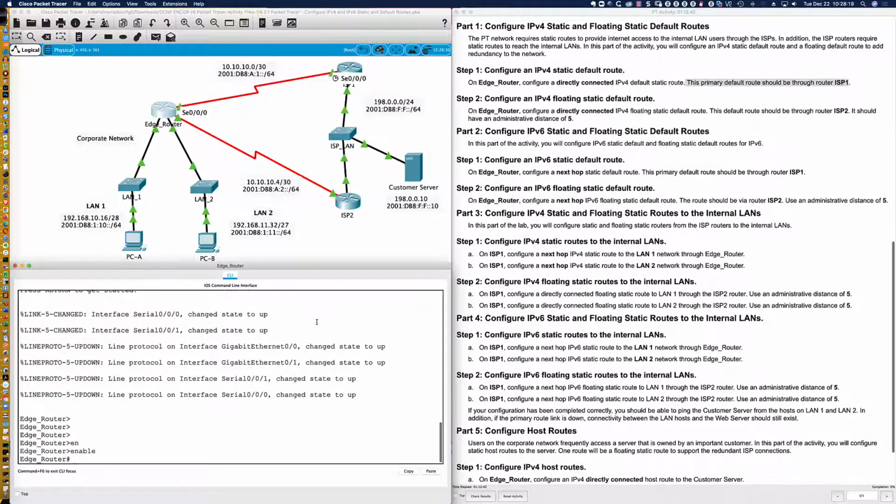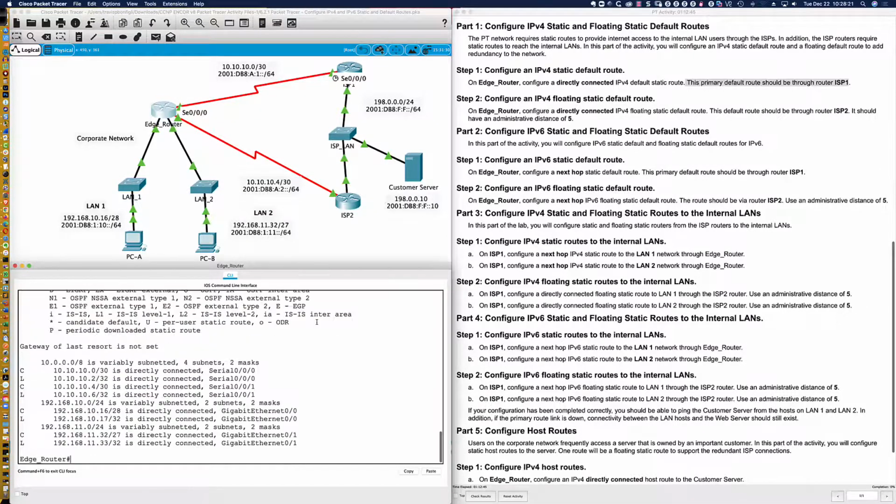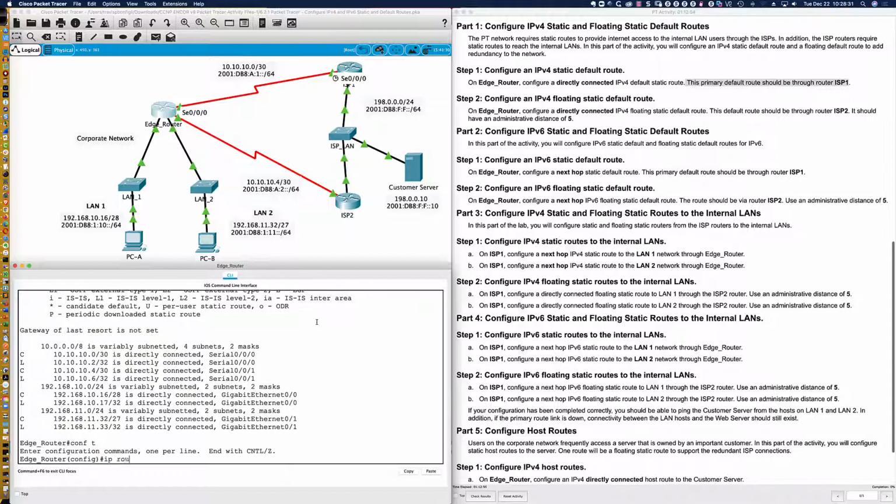Let's go from user exec to privilege exec, and let's first take a look at the routing table. As you can see, the gateway of last resort is not set. And so that's what we're going to be doing here. So we'll go from privilege exec into global config. We're going to say ip route 0.0.0.0 0.0.0.0, meaning all routes. Basically, the quad zeros back to back right there mean all routes. Remembering that if I have a longer, more specific match, that is the route that would be matched. However, here I'm just saying this is my default static route, and if I do a